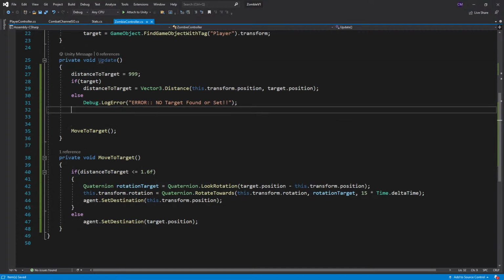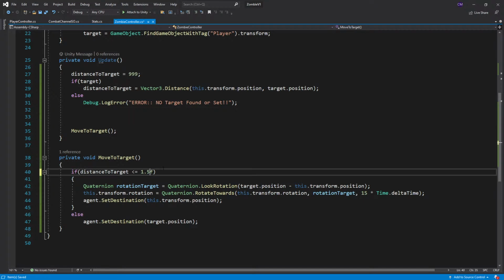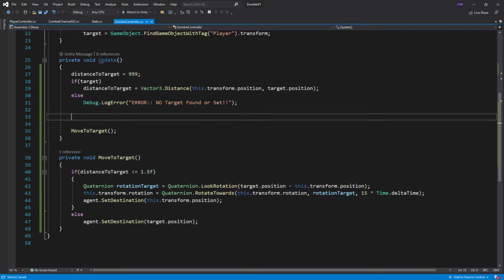That's just a layer of security. Okay, then what we're going to do is we're going to move. After the move, we need to do the attack now, which is really good. So what we're going to do is, if the distance to target is, actually we're going to change that to 1.5. So once again, if distance to target is less than or equal to 1.6f, so just a little bit